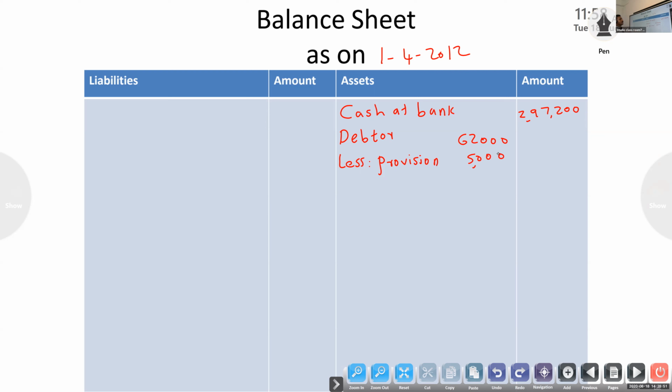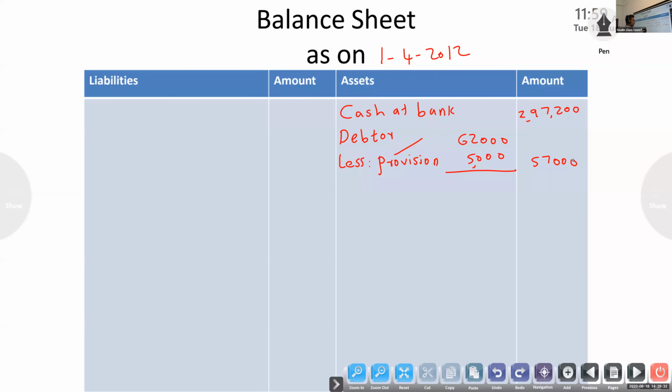In revaluation we have to write the difference, but for debtors, in the provision in the balance sheet we have to write the current value of the provision. Now this year 5,000 is the provision. For other assets we write the revaluation amount. But for debtors, if in the old balance sheet no provision is there, then we write 3,000; otherwise we write the current value. So now the provision is 5,000.